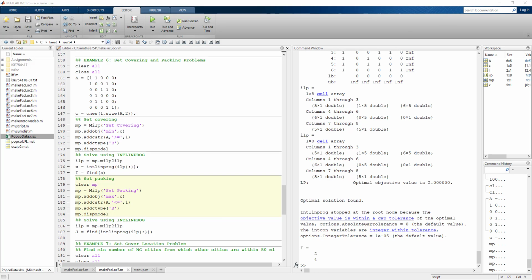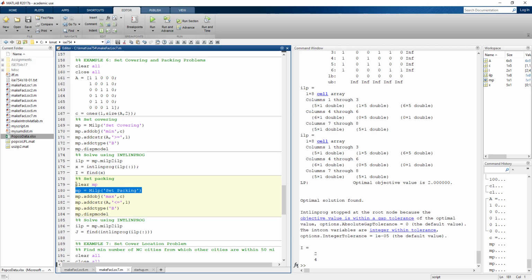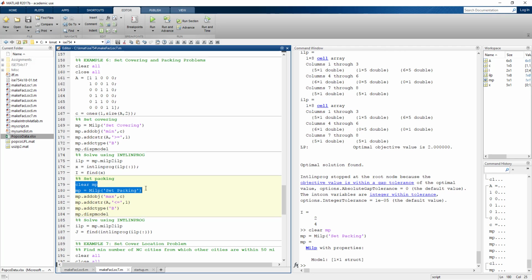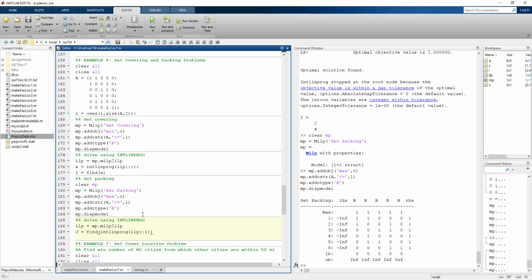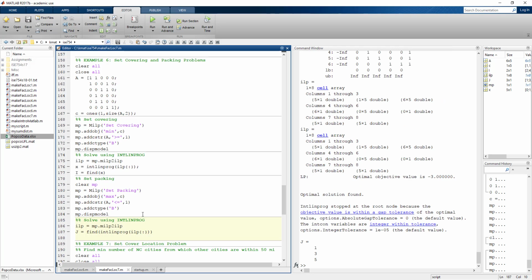mutually pairwise disjoint. So for this problem, I'm going to clear my previous object and then set that equal to set packing. Here it's a maximization since it's a dual of the set covering, which was a minimization. And then my constraints are less than or equal to 1 for the A matrix. Again, it's binary. I can display the results. Solve it. Here the indices are J, and they correspond to the 3 subsets that are the maximum number of subsets. So 3 is the maximum number that I can have covering the 6 objects such that they don't intersect